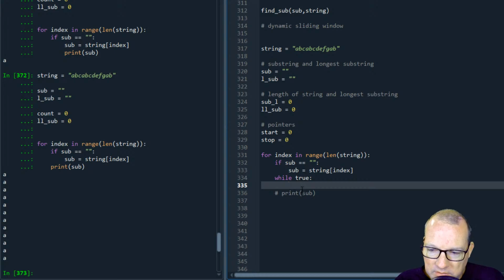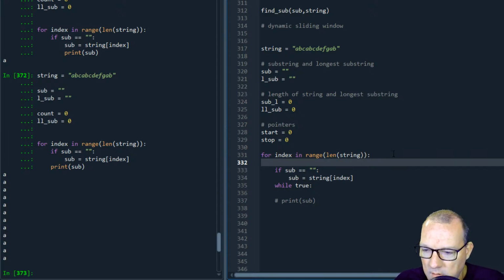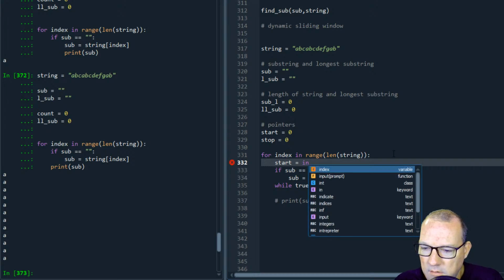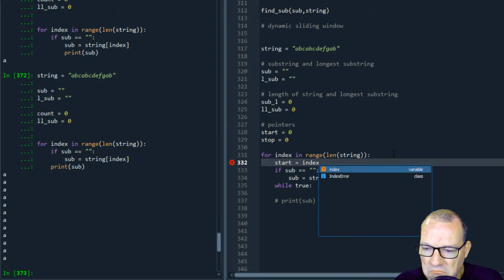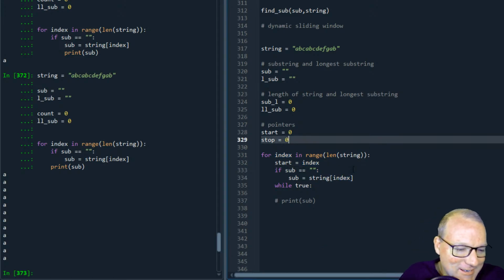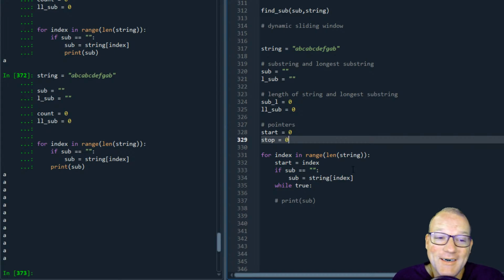So I'm going to increment over my pointer, because right now my start is going to be index, right? Okay. I'm probably doing this way harder than it needs to be. I haven't done this in years, so